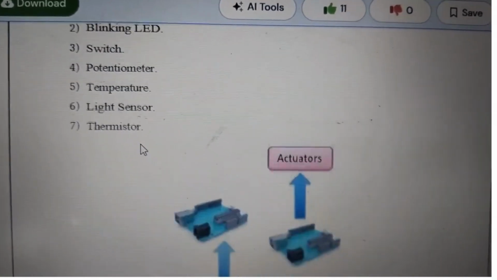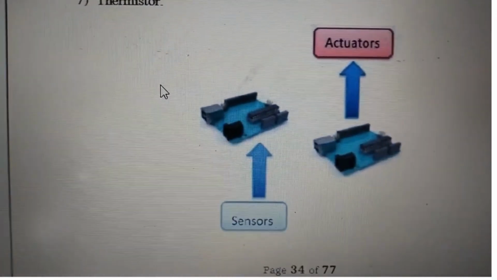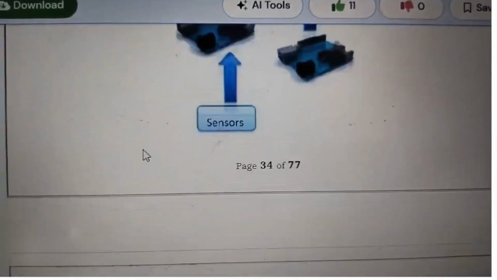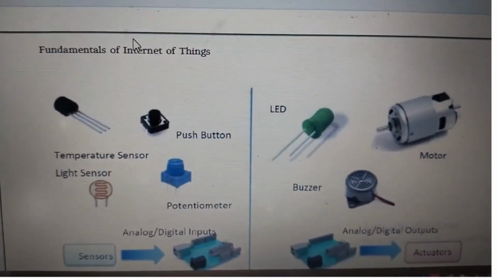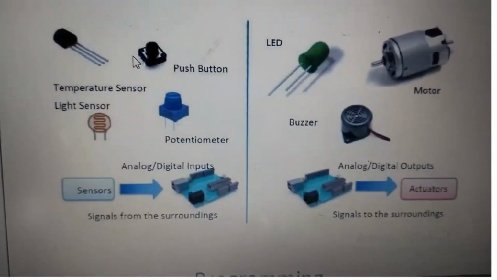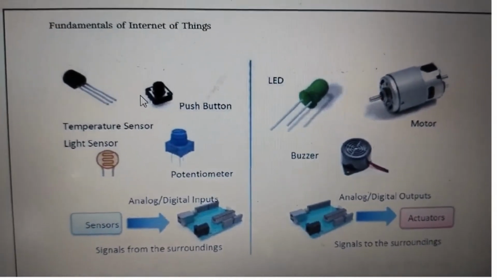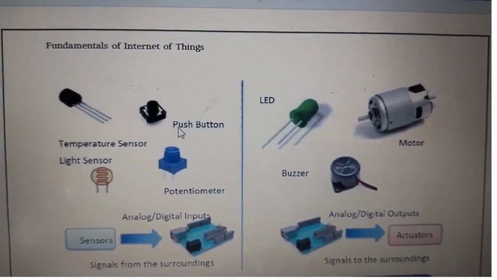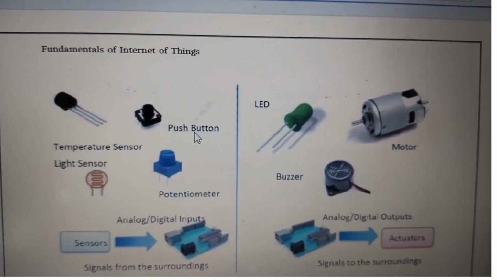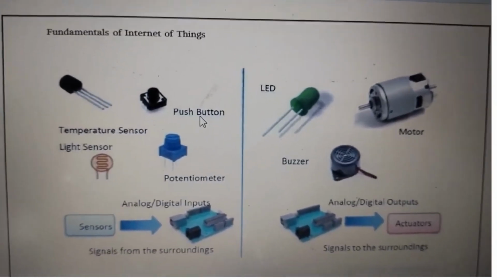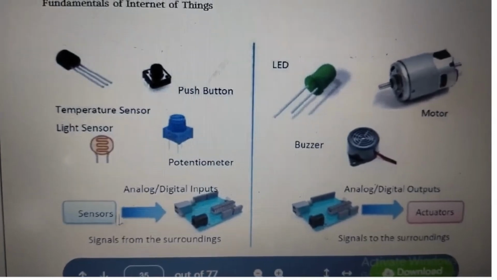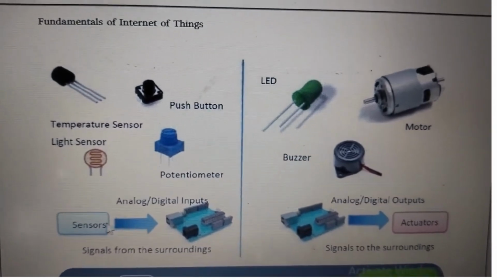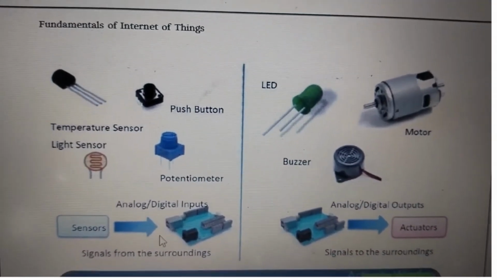Okay, we will see some examples. Actuators means these are the actuators and as well as the sensors. Okay, both are looking similar. Okay, next one is fundamentals of the IoT, the subject name. Here the first one is the temperature sensor, this is the light sensor, and this is the push button. Push button means when you are pressing it, it will capture the pressure. Okay, these are the sensors that convert the data, these are the sensor signals from surroundings